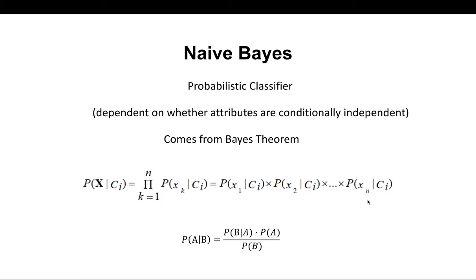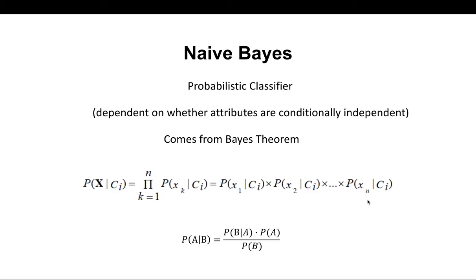What does Bayes' theorem for probability say? It basically says that the conditional probability of a certain outcome or event is based on the past probabilities of that event. It's completely conditional. And since Bayes' theorem revolves around conditional probability, naive Bayes models are also completely based off of conditional probability and conditional independence. This equation here, where the probability of x given ci is basically